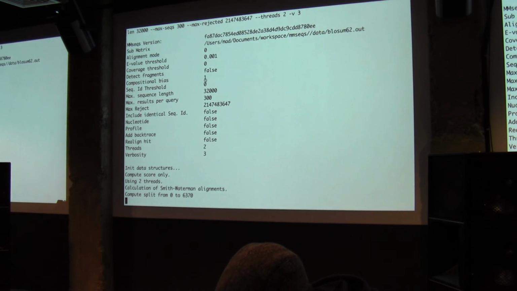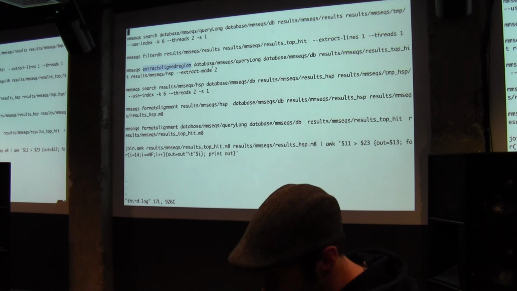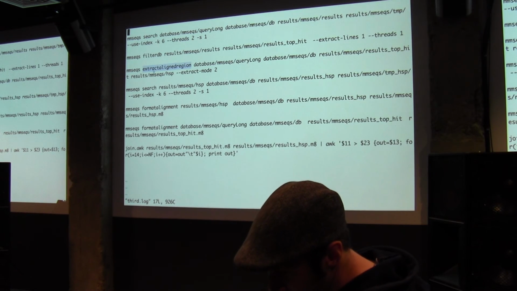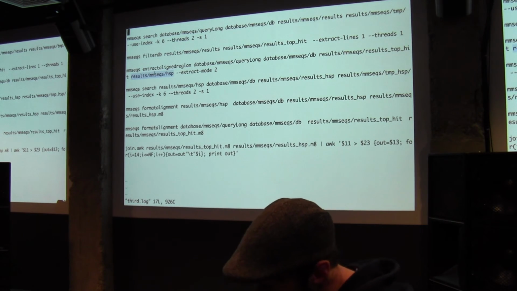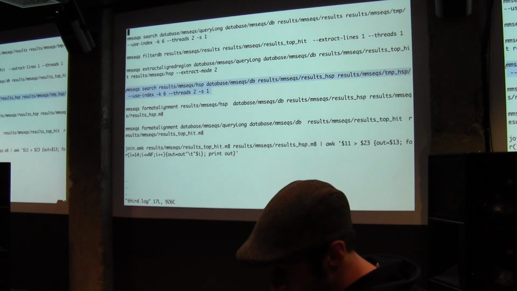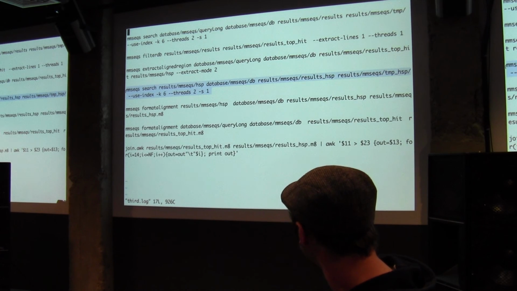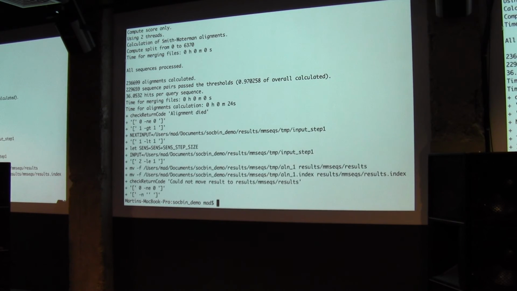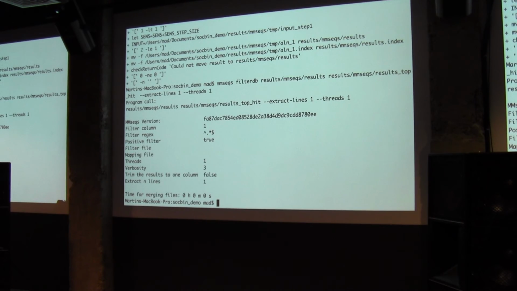Let's see if we're done, not yet. And after, we create a new database which has these high scoring regions, and then we search these high scoring regions against the database again, and then we start a bit of magic. Let's see. Okay, it's done. Now we will filter the database, so now we have all these top hits.